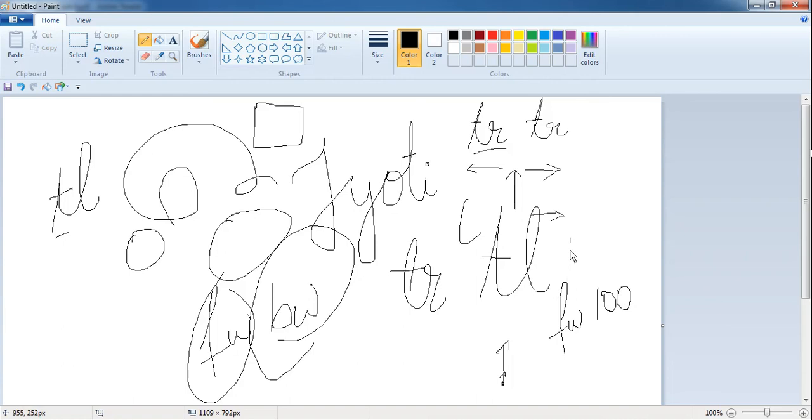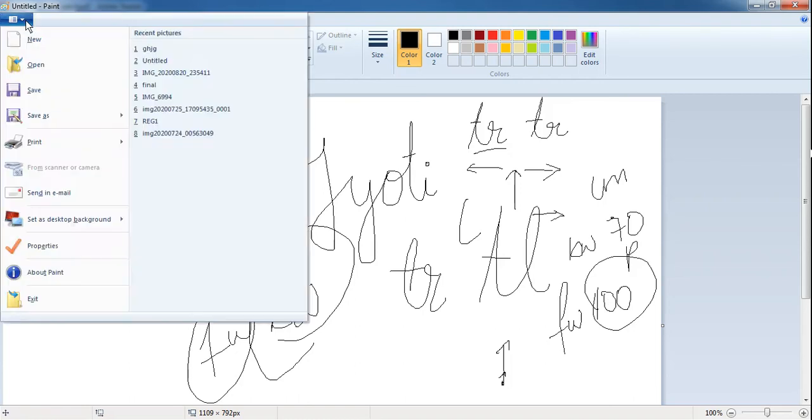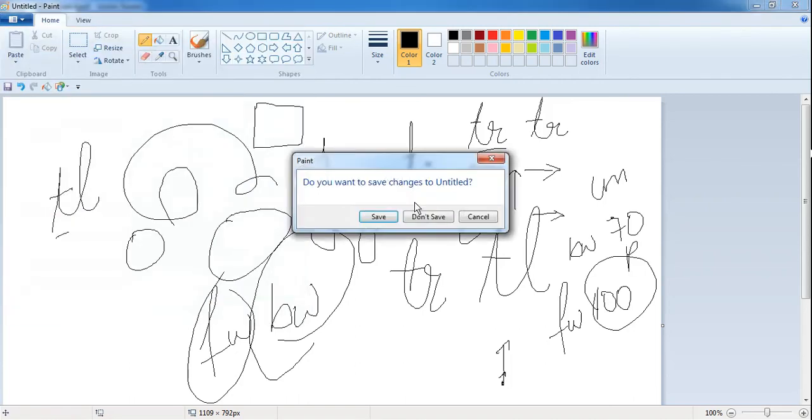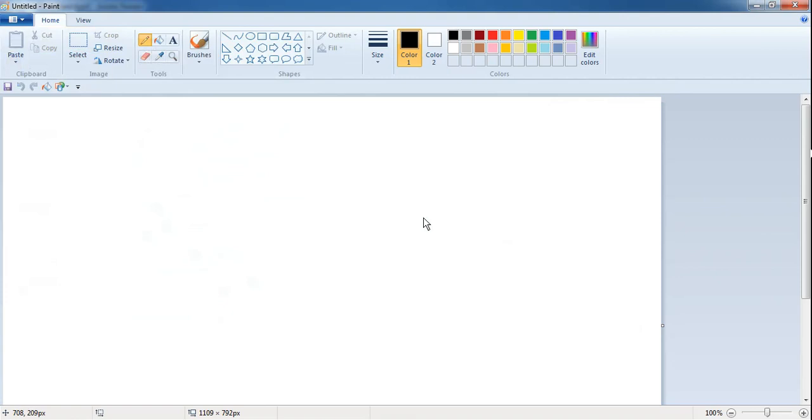And if you write bw, after the bw also you have to define the size. Here I have written 70, then the size will be 70. Here size is not in centimeters or meters, it is in pixels. We are not going to discuss that. You can just think that if you give a bigger number, then the line will be bigger, and if you write a small number, then the line will be smaller. Clear? We have done fw, bw, tr and tl.